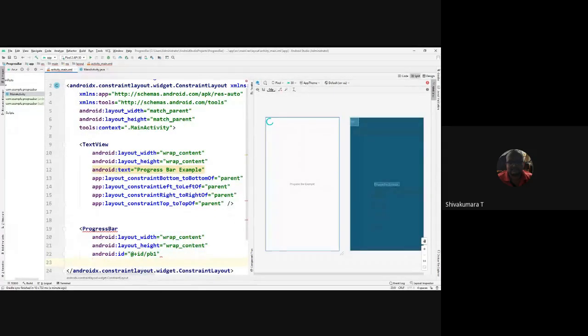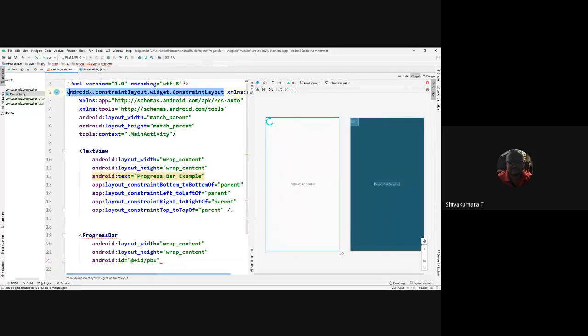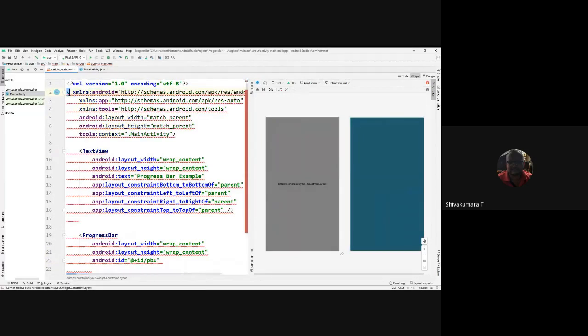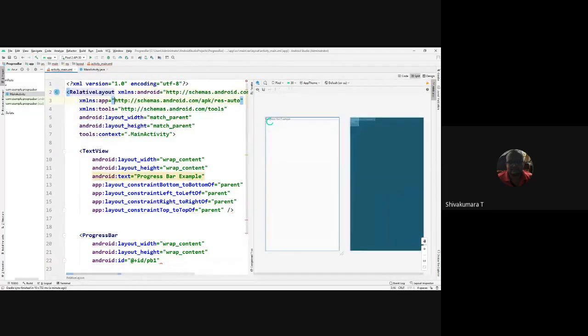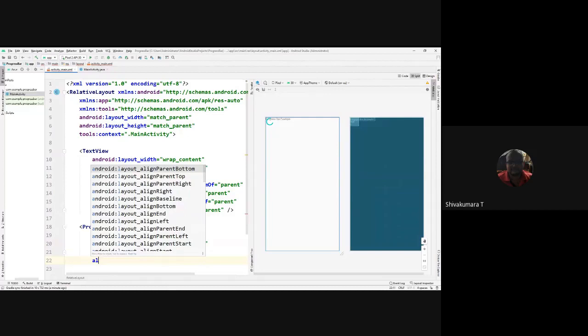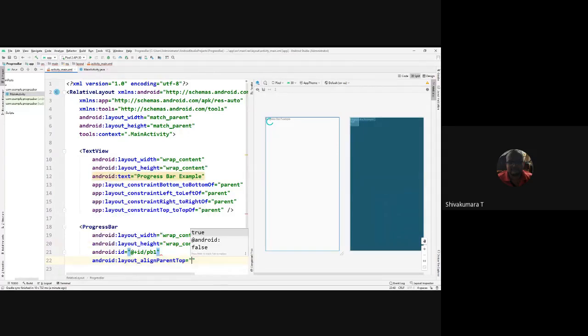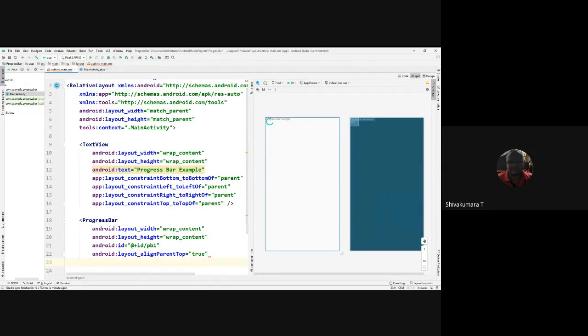Then you can set the constraints. You can use the relative layout here. Based on the relative layout, you can set some of the alignment.